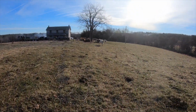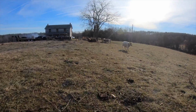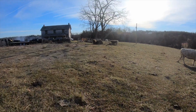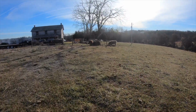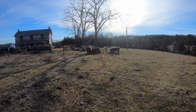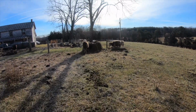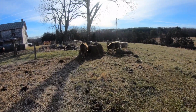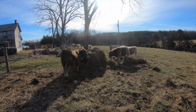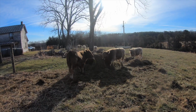I'm not sure what happened to my GoPro, but I got it off the fence here. Yesterday I dumped 2 bales over the fence with a tractor because I ran out of daylight. But one reason that I like to dump them over the fence is, A, so I don't have to drive in the field at all and create ruts when it's really wet, and then when I know it's going to rain or snow, rolling it out kind of seems to waste hay because they don't get the chance to eat it while it is dry and good hay,